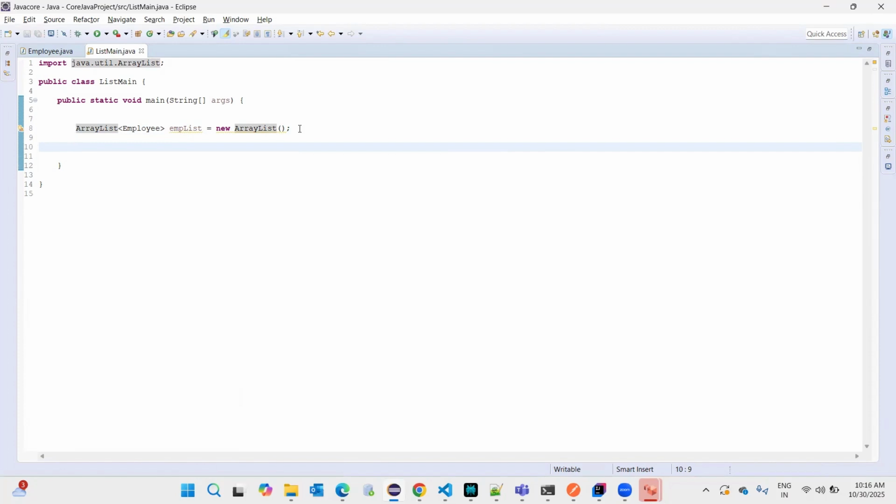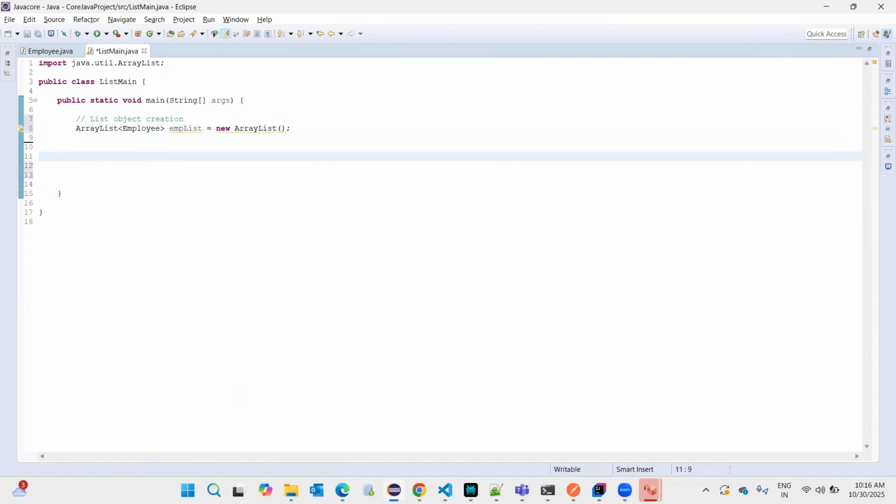So I created the ArrayList object and put the Employee type. This is the list object creation. And the next step is creating